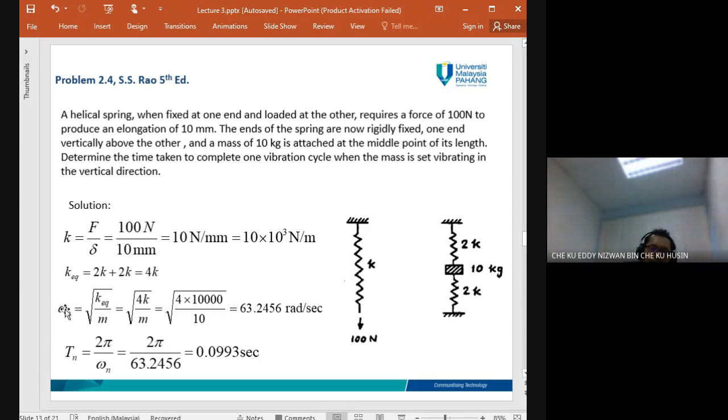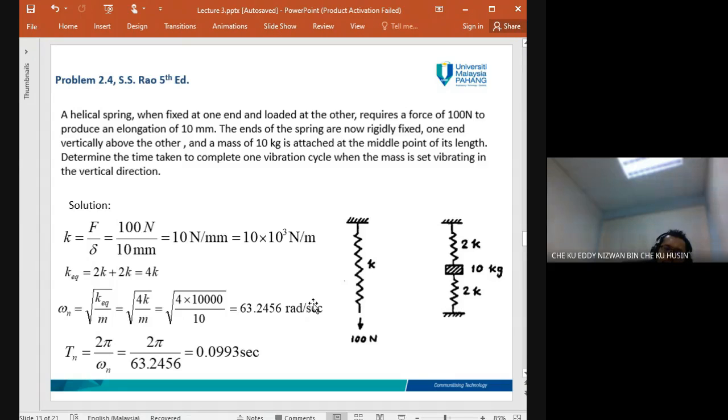So omega n, the frequency of this system, is equal to the square root of K over m. K is 4K, so 4 times 10,000 over 10, which gives 63.2456 radians per second. After we know the frequency of oscillation, we can determine the